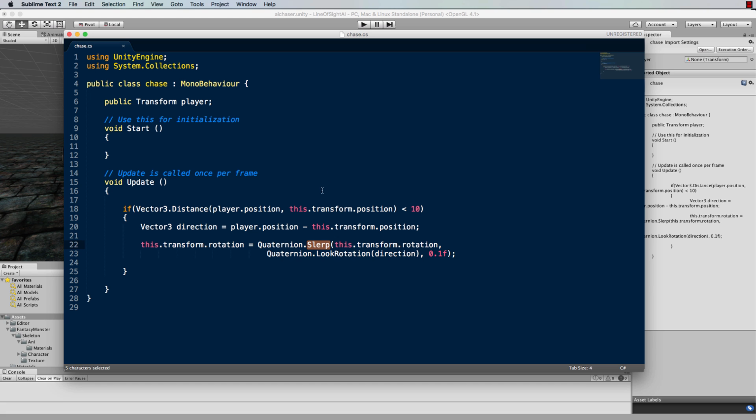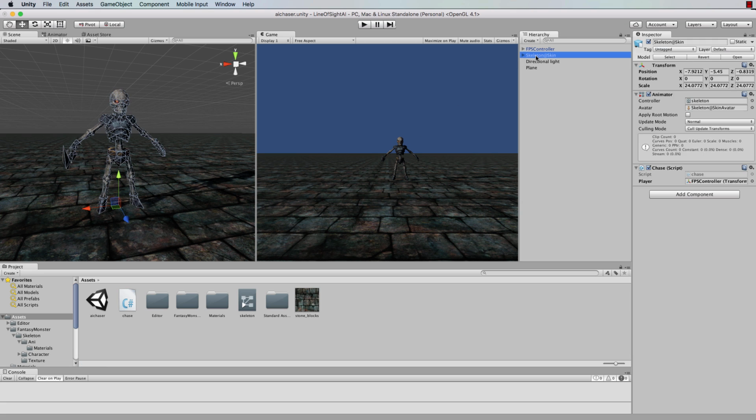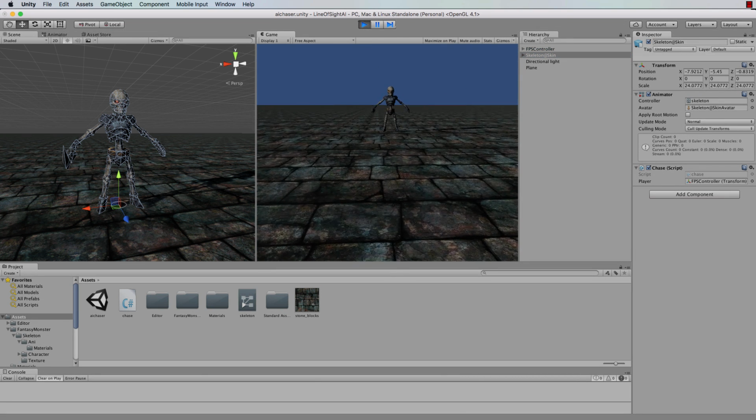If we save that and then switch back to Unity, what I've done with that code is attach it to the skeleton. If we click the skeleton here, you can see that the code is added down in the inspector. Then you want to grab your FPS controller and just drag and drop it on the player, so it's going to pick up your transform. Now if we run it and just wander around,